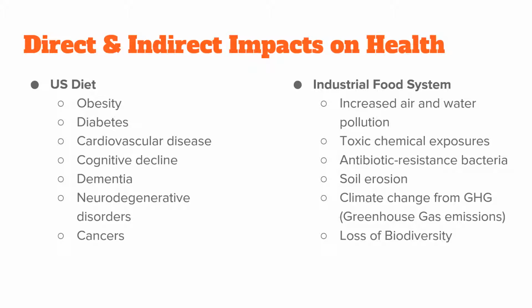And then on the other side, we can look at how the food system has affected environmental health. Looking over the past 50 to 100 years, we see that we have tremendously increased air and water pollution. We have increased exposure to toxic chemicals, both at the environmental level and at the human level for people working in the food system or living near areas of immense industrial food production. We're seeing a pretty big increase in antibiotic-resistant bacteria,